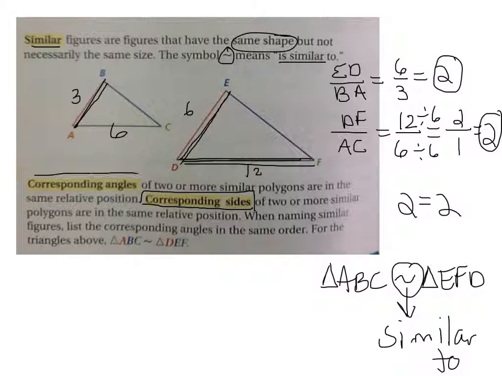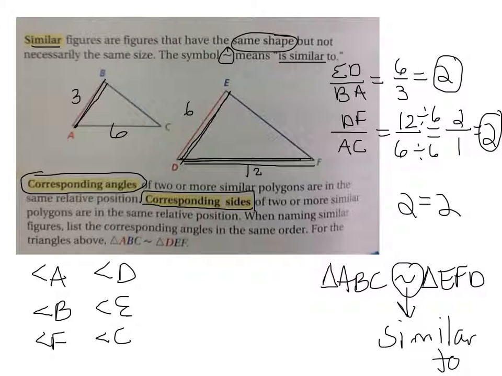The other thing that we're going to talk about is corresponding angles. Corresponding angles are the same idea. It's the angle that's in the same position on one triangle as it is on the other. What corresponds to angle A? Good, angle D. What corresponds to angle B? Angle E. What corresponds to angle F? Angle C. And the rule is if two triangles are similar, their angles are actually going to be congruent,